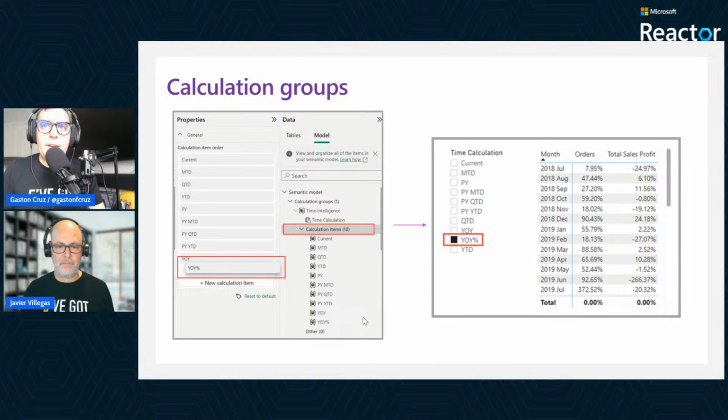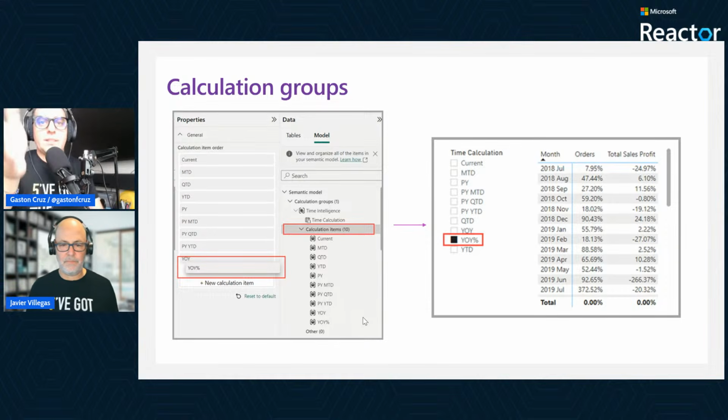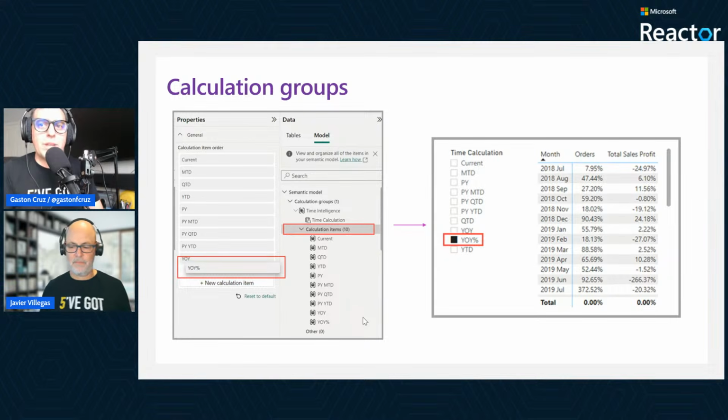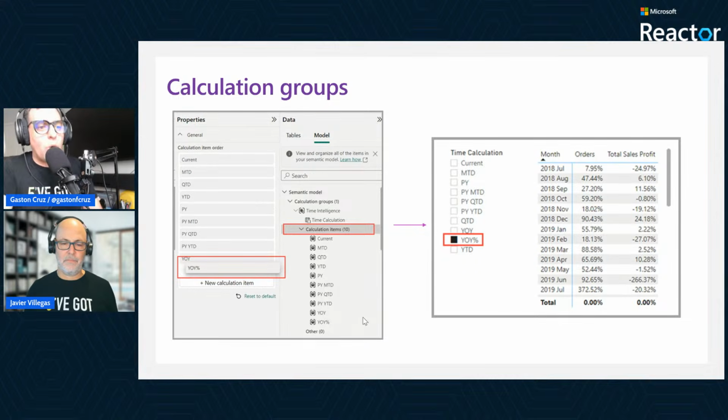The other big topic here, the calculation groups. You can create calculation groups in Power BI that allow you to have all the calculation items within your group. In this case, for example, I am talking about the calculation of the year over year, and I would love to set up the stage for the percentage of year over year. Those calculation items allow me to say, hey, I would love to break this calculation down in month to date, quarter to date, year to date, previous year, and all the breakdowns.